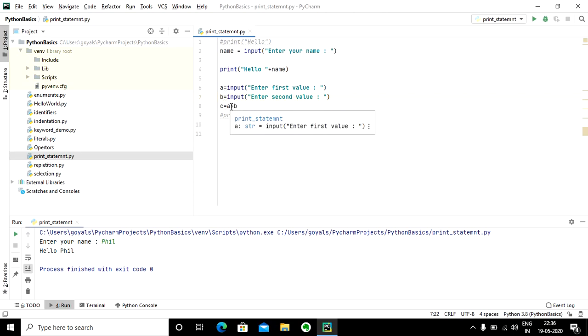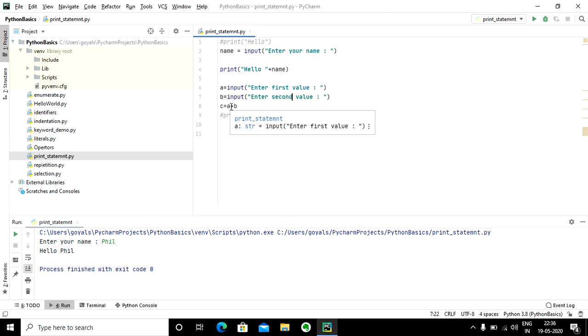But there is a problem. The problem is that input reads whatever you provide as a string, no matter whether you are typing an integer, a float, or any object. If you are providing some input, it is going to take that input as a string.